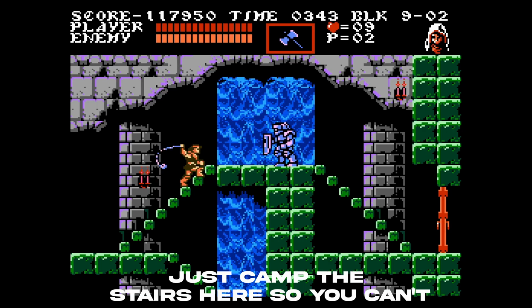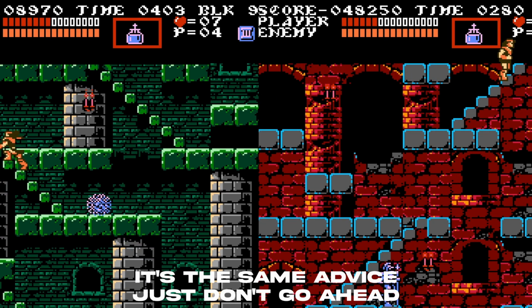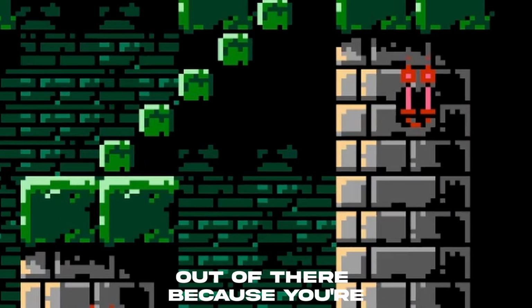Just camp the stairs here so you can't get hit by this guy. Alright, after this room is the same from level 5, the Cursed Tower. It's the same advice, just don't go ahead because of the skeletons that can spawn. Backup holy water is, so whip that candle and immediately get out of there because you're going to die if